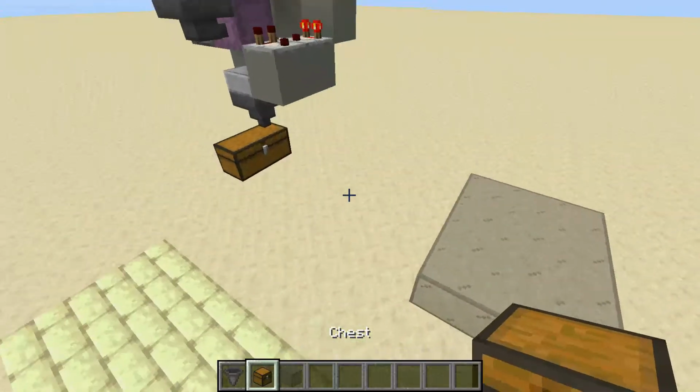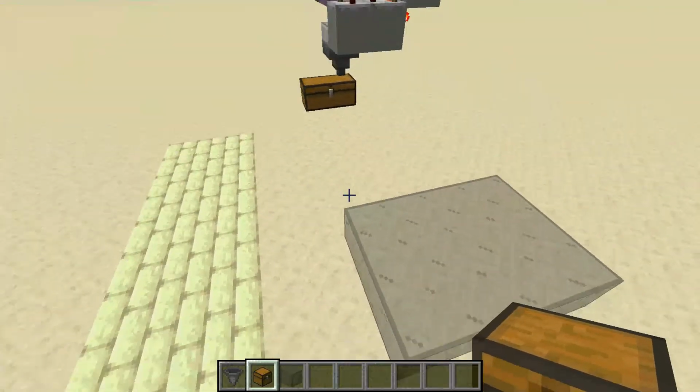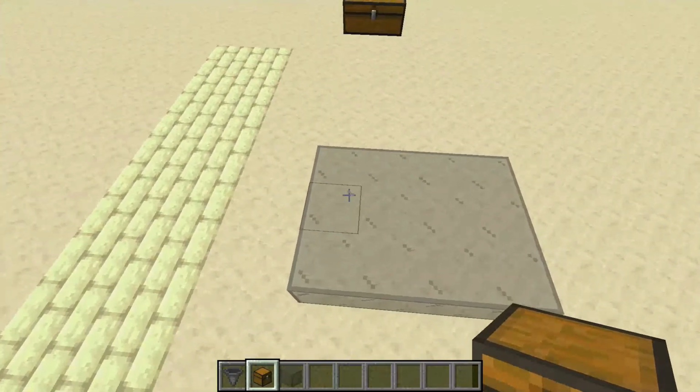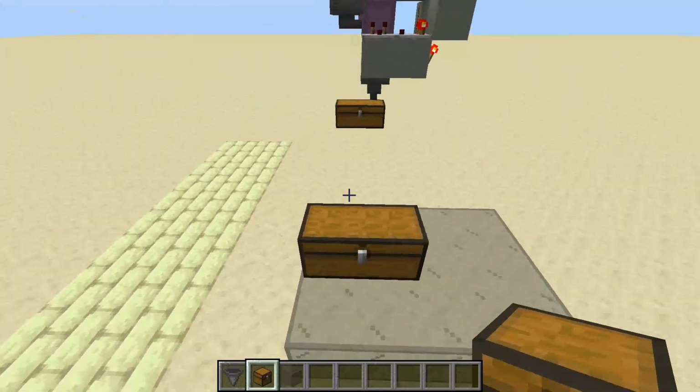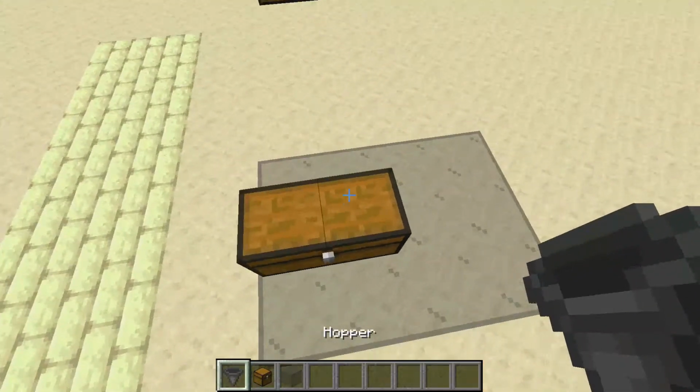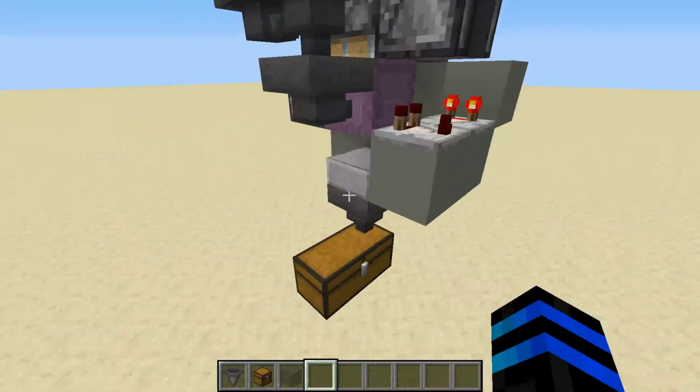But anyway, I like to start with the output chest, but of course this could be a hopper, this could be a furnace even. Well, not a furnace, they don't burn, that'd be weird. But this could be any output that you want, but I always just start right with that. Next you're going to want your output hopper here, and then you want to cap that off with a slab